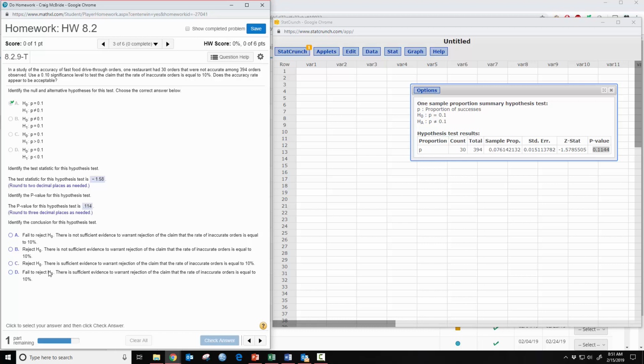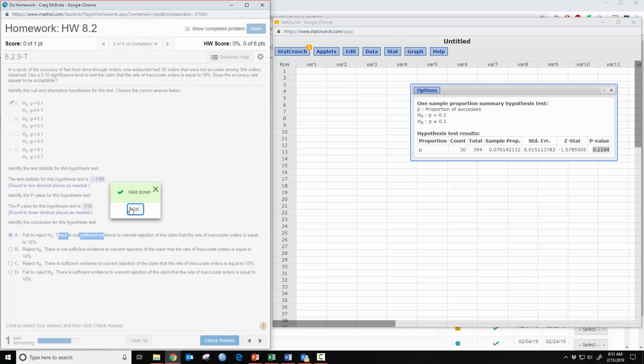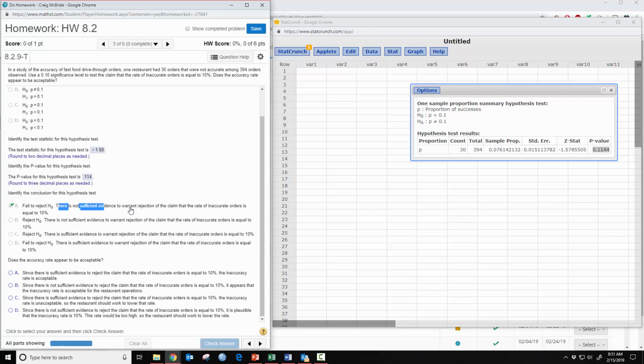If we fail to reject, there is not sufficient evidence to warrant rejection of the claim, right? You can see that when you fail to reject, it always goes with there is not sufficient. You really kind of stop reading at that point because you know it's not going to be fail to reject, there is sufficient, because those two go hand in hand. You fail to reject, there is not sufficient, right? So since there is not sufficient evidence, it's going to be one of these two,